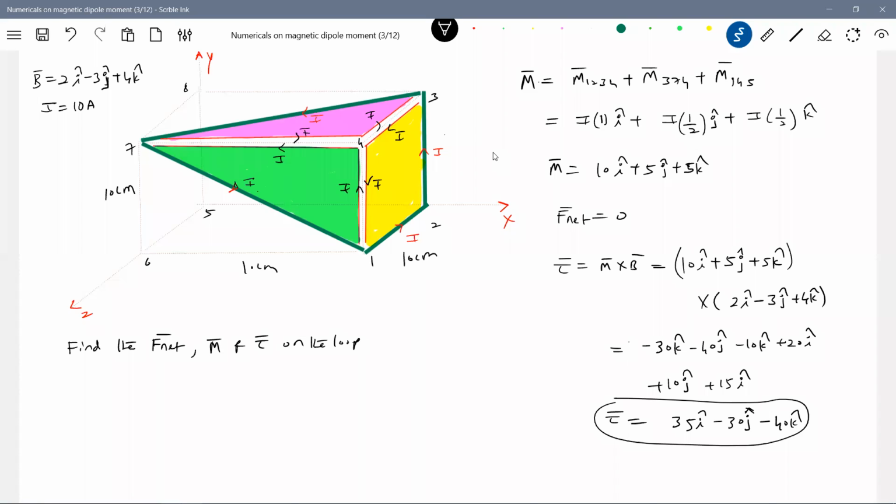Will it rotate? Yes. What is the axis of rotation? Don't bring M bar. Try to calculate the force on each arm and try to predict this axis. Not possible. Nobody can do this. It may take one day or two days, trial and error, and we have to search everything. So the unit vector of the torque will give the axis of rotation about which this loop will rotate. Hope you are able to understand.